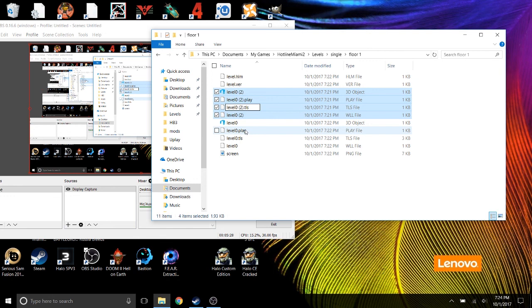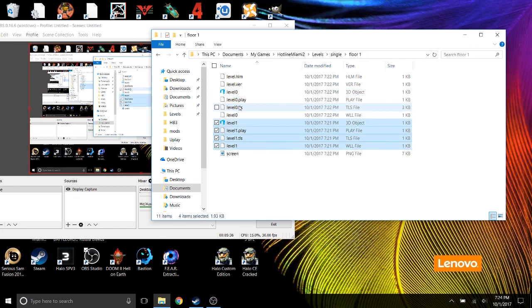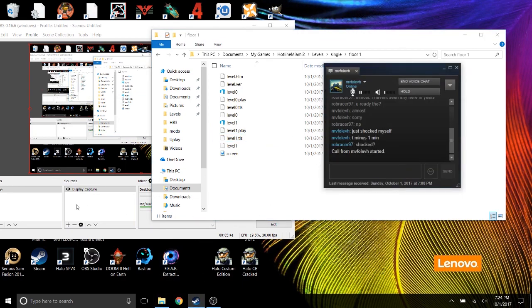Since they're all highlighted, you get to rename them all at one time, and you're going to name them all level 1, which remember starts with level 0. Level 1 says level 0. So, and that's all you have to do. So now when we boot the game back up,